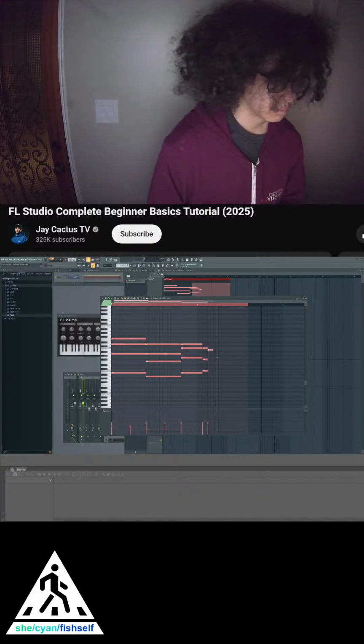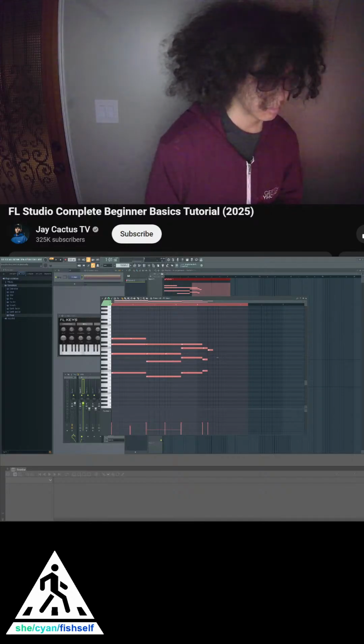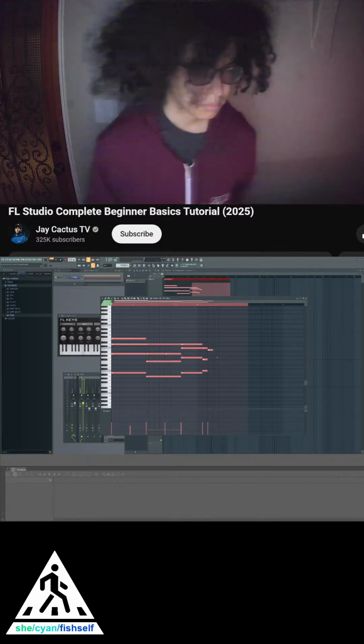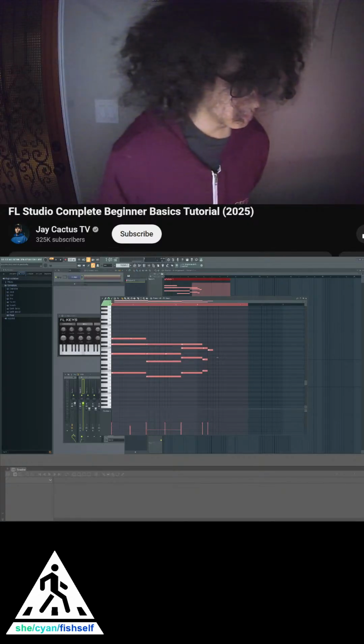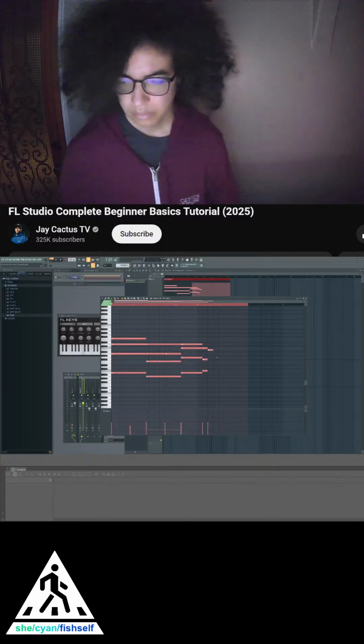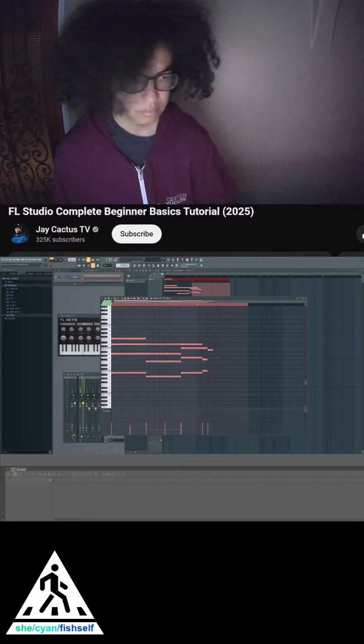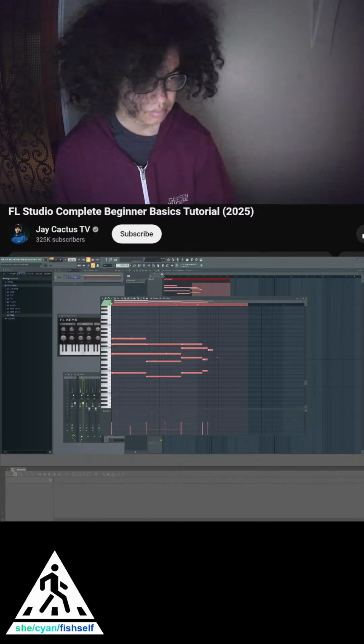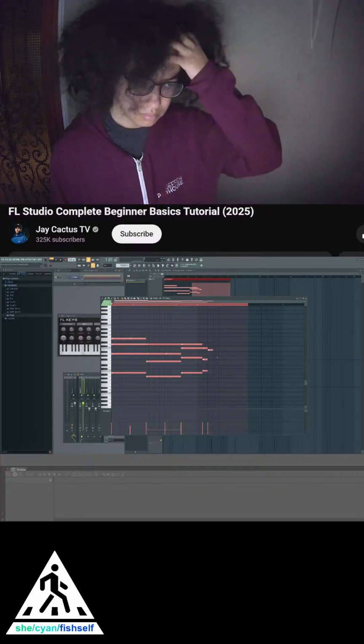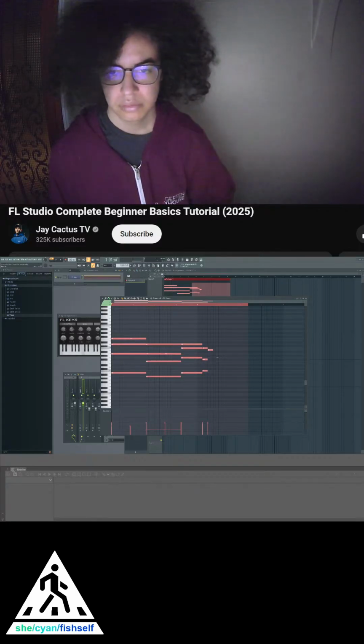So I'm feeling this now. Now you might notice it's sounding a little bit robotic, and that's because everything's being played at the same velocity and everything's perfectly in time, which obviously that wouldn't happen if it was someone actually playing a piano. So there's some shortcuts we can use. We can press Alt and R, and this will bring up the randomizer. If it's looking like that, just turn pattern off and just bring the velocity